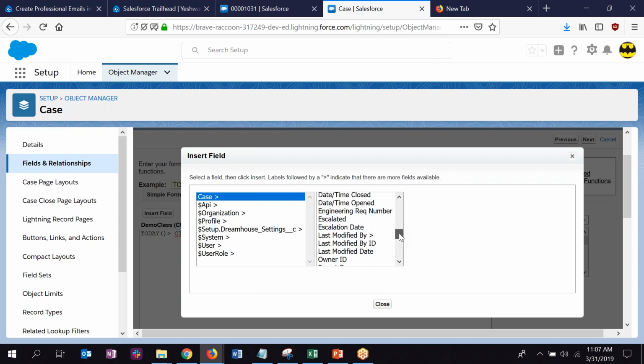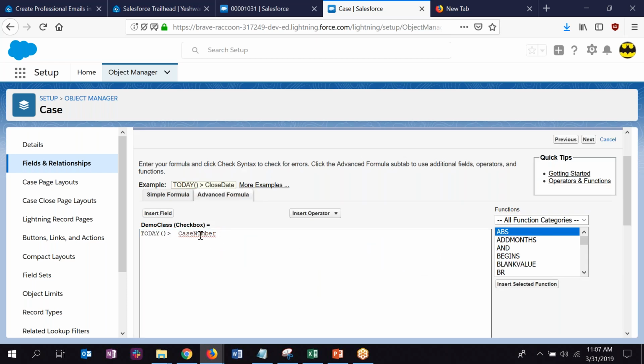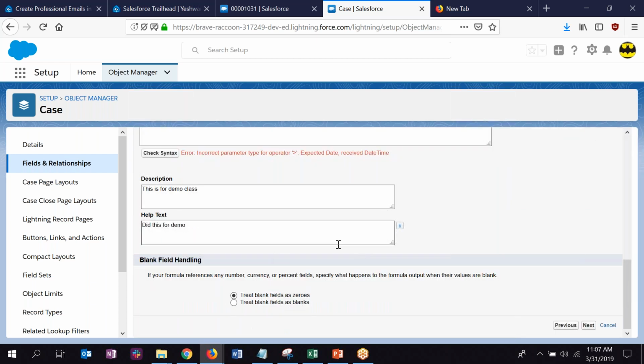Oh, understood. So see here, this is where an admin will be thinking, okay, what needs to be done and all these things. Let's put like this. Okay, then you go in, click next, and it's done.